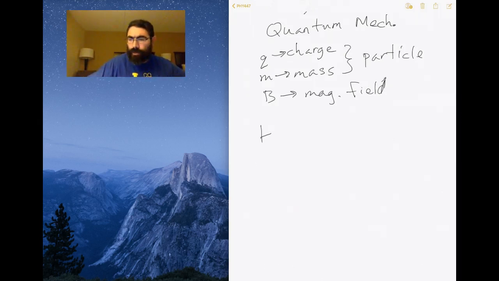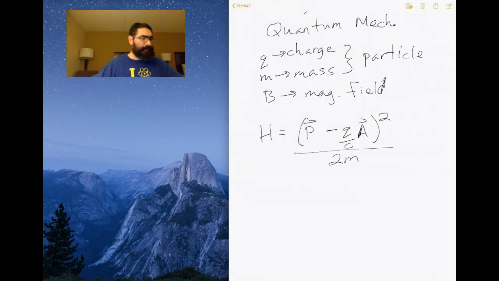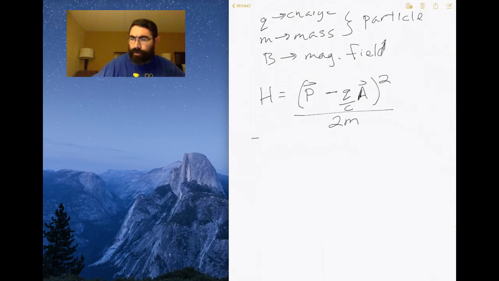So the Hamiltonian for the charged particle in a magnetic field is the momentum, the linear momentum, minus the charge divided by c times this potential. It's a vector potential, actually, squared divided by 2 times the mass. So if we write this out, what we get is the momentum squared divided by 2 times the mass. So that's the kinetic energy